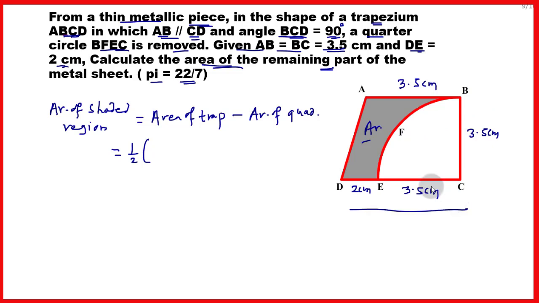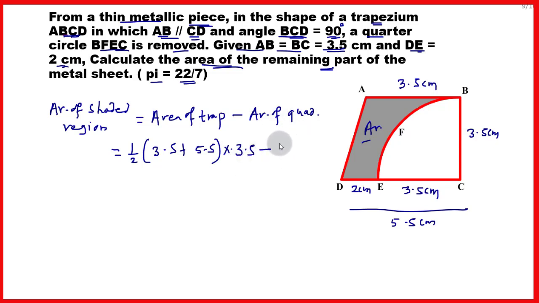So this total distance will be 3.5 plus 2, that will be 5.5 centimeter. So the sum of the parallel sides is 3.5 plus 5.5, close the bracket, into h, that is height, which is also 3.5,